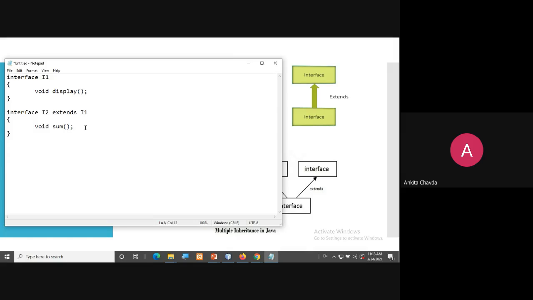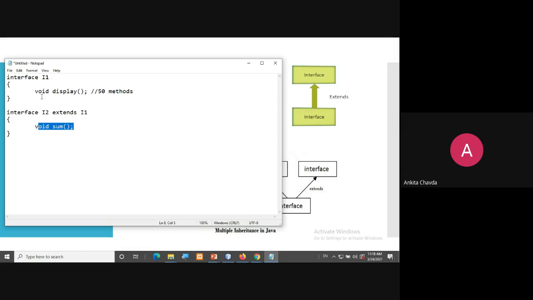I hope it is clear. Because one thing is already readily available here, why write it again and again? This is only the case of a single method, but imagine I1 has 50 methods and another interface I2 has only one method.